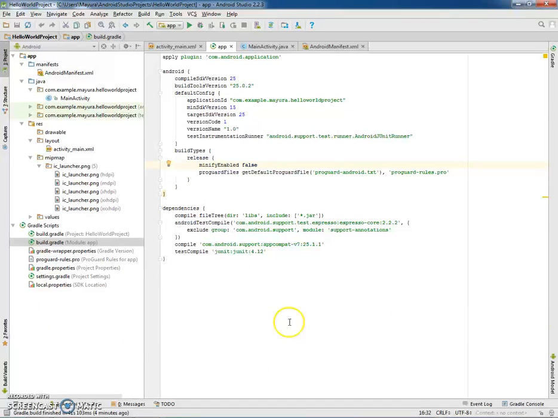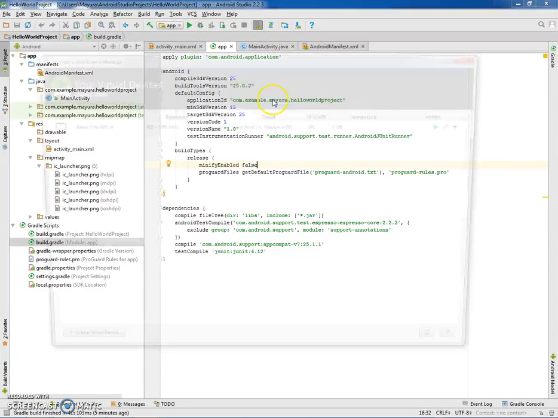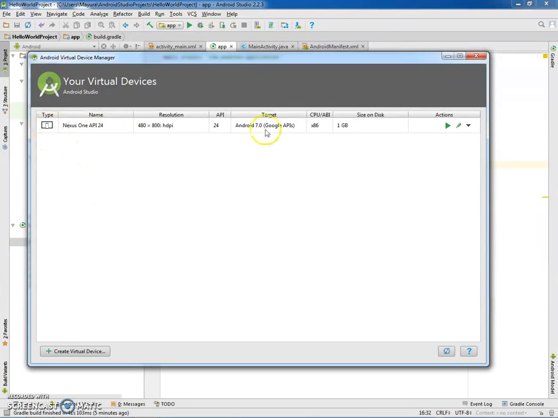So this is a brief about the Android application folder structure. Now we can execute this. We can execute the application either through a real phone, which we can connect and install the corresponding drivers. Otherwise, Android Studio will provide the emulator. It acts as a virtual device to launch our applications and for debugging purposes, and we can create it by clicking on AVD Manager. I have already created one virtual device. If you want to, you can click on create new virtual device.